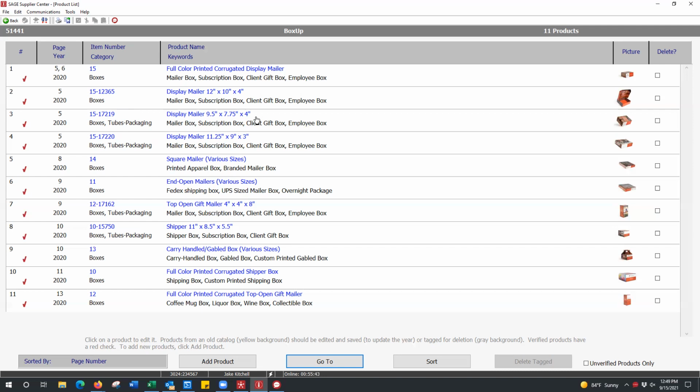Your keywords are really more those physical descriptive words, and also other names for the product. When I say that, I always use USB drives as an example because they can be called so many different things, depending on what part of the country you're in. So that's what your keywords are going to be. And probably a lot of times, depending on the category that the distributor is searching in, they may only search by keywords.